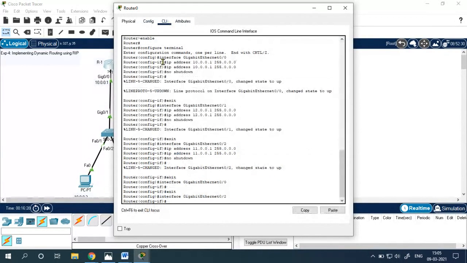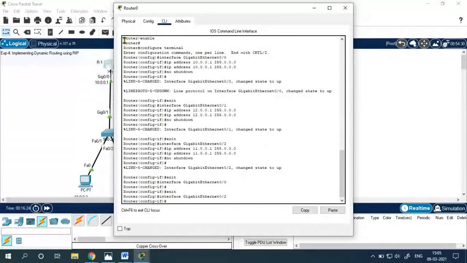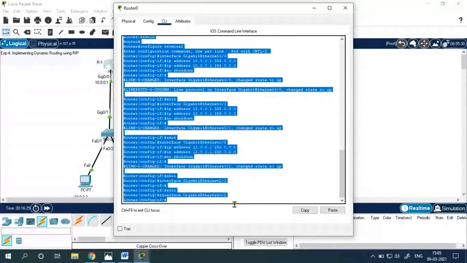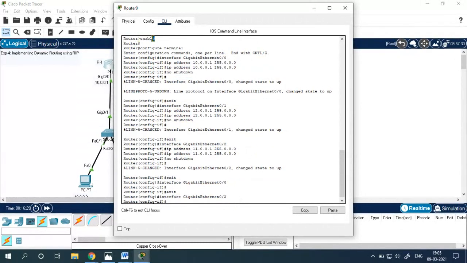That is all you can give here, right? All the commands you can see here. So after enabling the router, you are going to configure the terminal. To configure the terminal, you have to give the configure terminal command. Then you have to